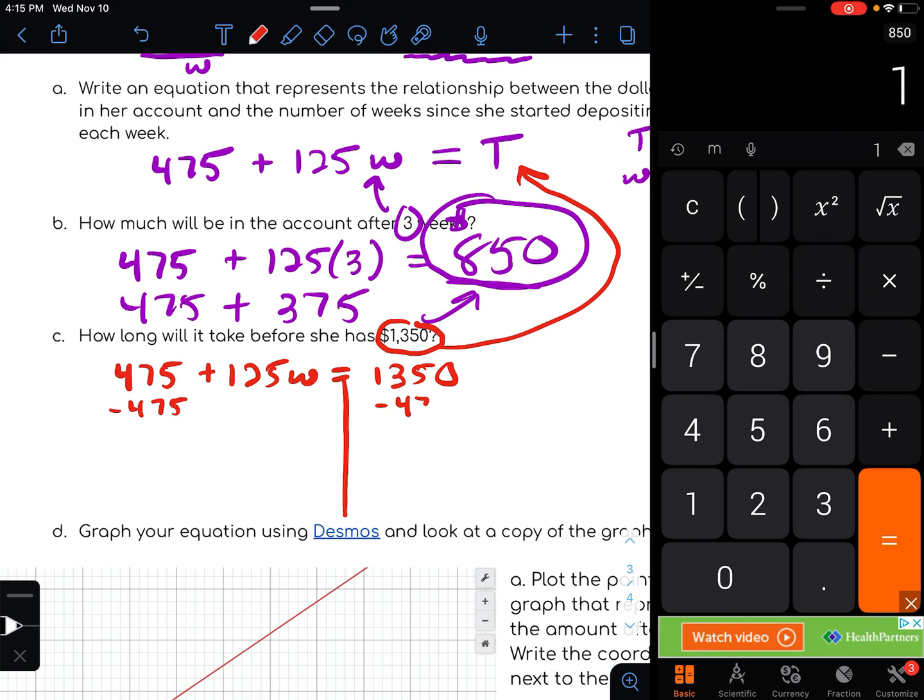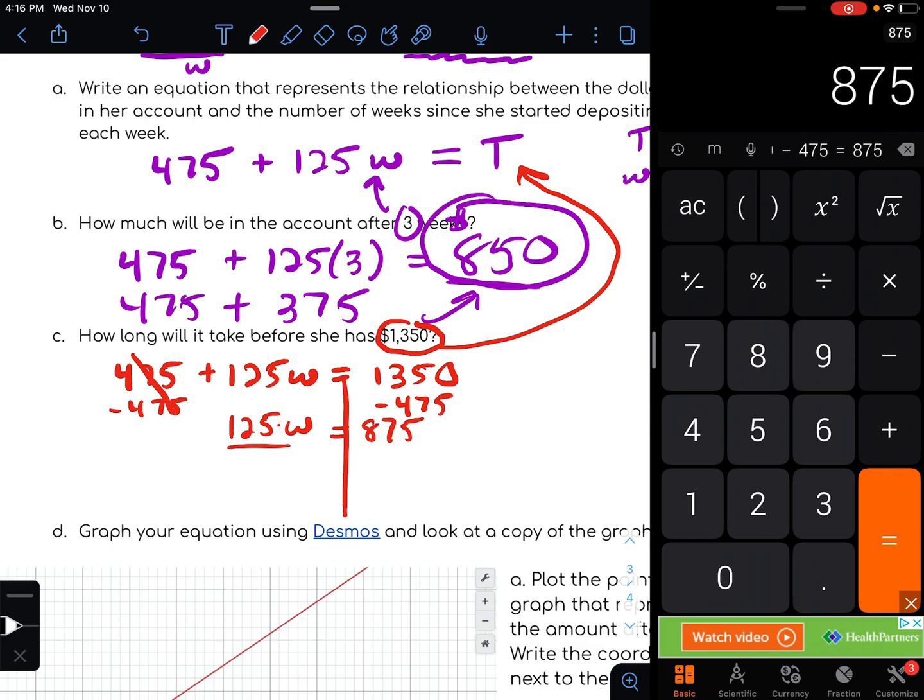We will first subtract 475 from both sides to undo the positive 475. So that would be 0 here, which means that we'll just write the 125W equals 1350 minus 475. Oops, let me clear that up. 1350 minus 475 is 875. All right, so we subtracted 475 from both sides, and then remember this is 125 times W, and so 125